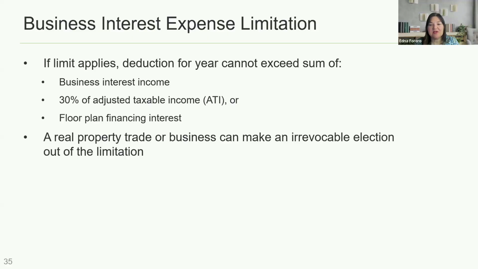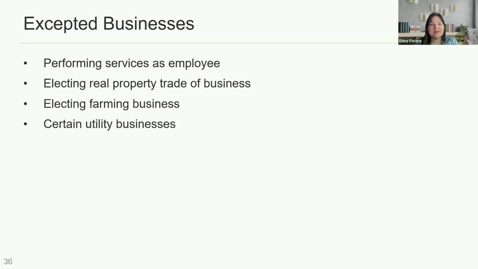So if it's a real property trade or business that can make that election, then again, we want to make sure that we do so, but they will have to use the alternative depreciation system, the ADS, to depreciate non-residential real property. We're going to talk about depreciation a little bit later on, but again, just know that if they want to make any changes or they want to make that irrevocable election to get out of the limit, then they need to do that. All right. So